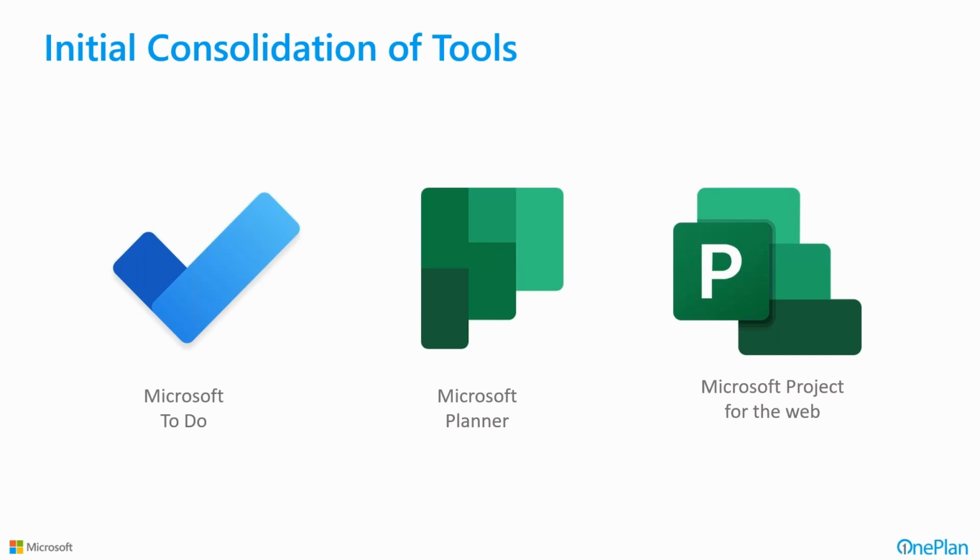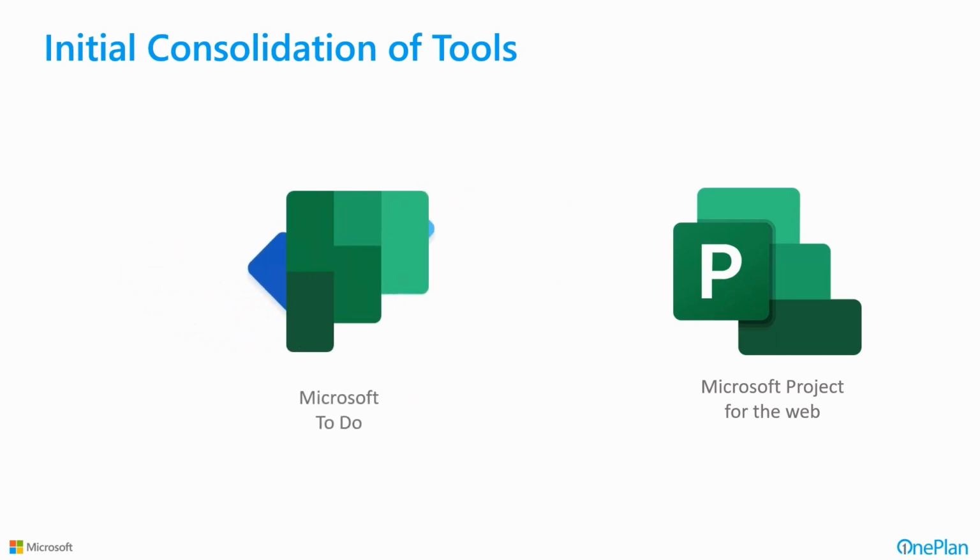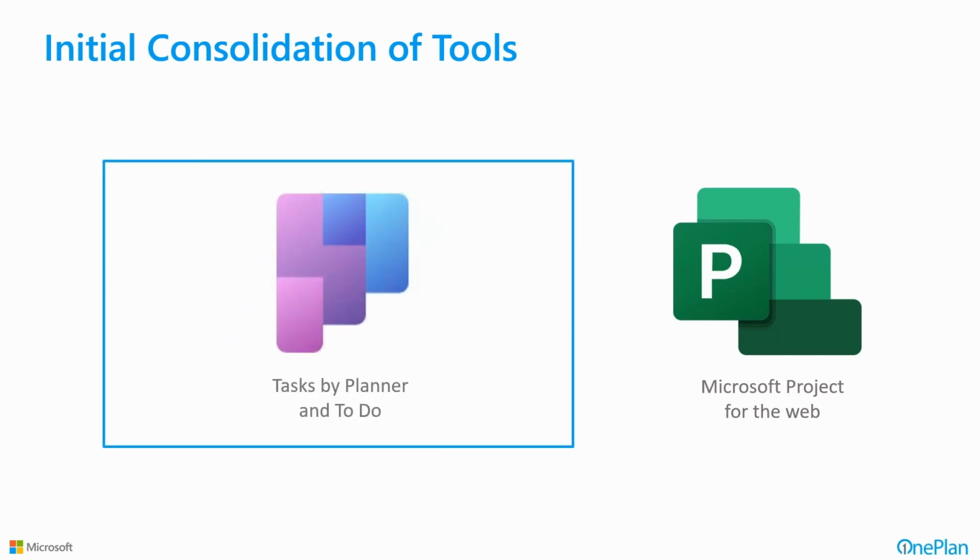where if you look in Teams, the availability of this tool that combines To-Do and Planner is called Tasks by Planner and To-Do, to bring that all into one place where you could use Planner and other individual to-dos and things that were created, even things like flagged emails, were brought into place so that you could manage a whole variety of tasks in one common hub. And then Microsoft Project for the Web was still there for that informal project manager that needed project management and